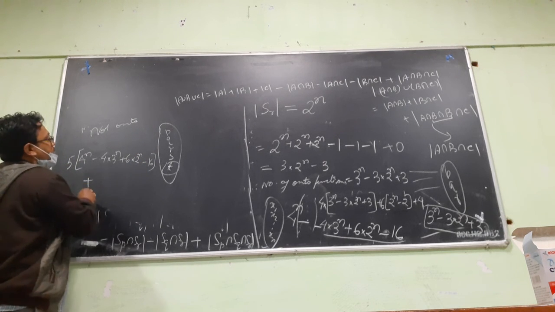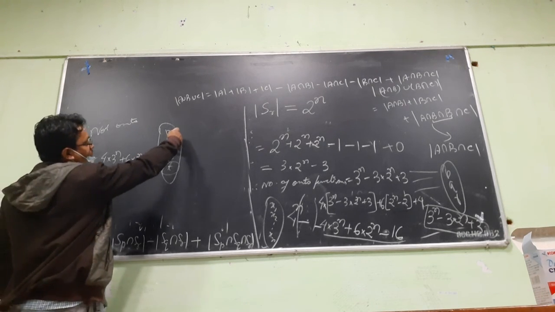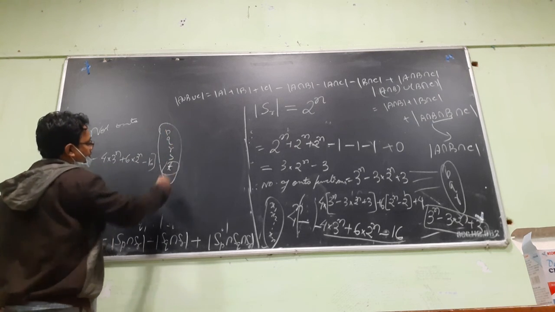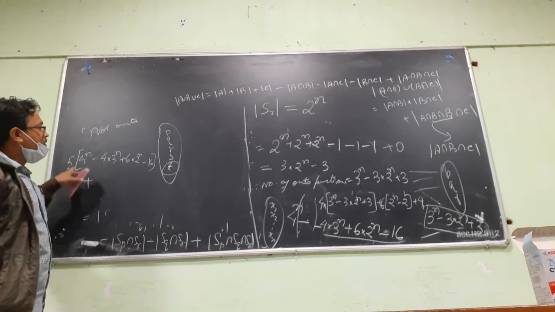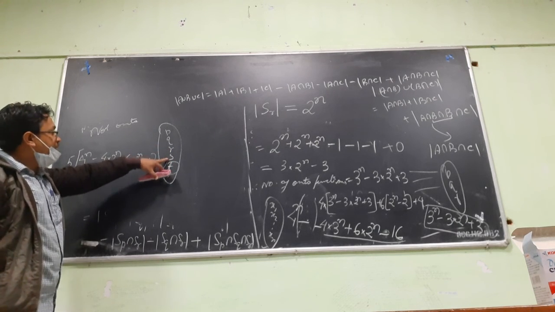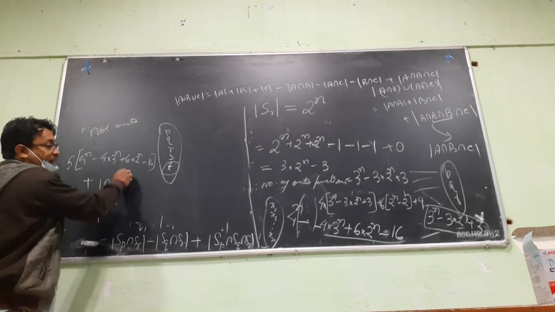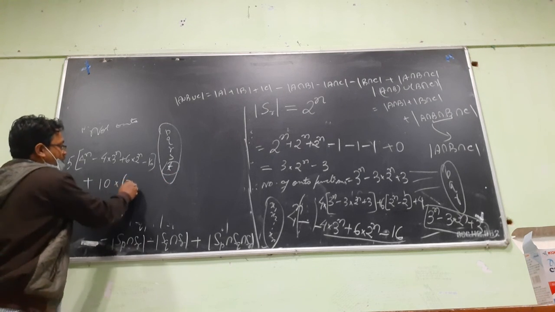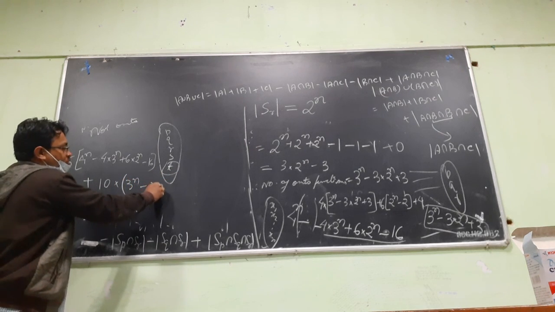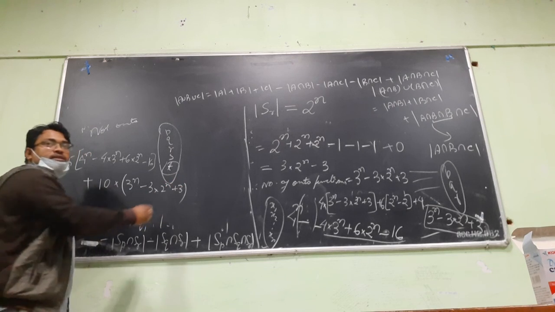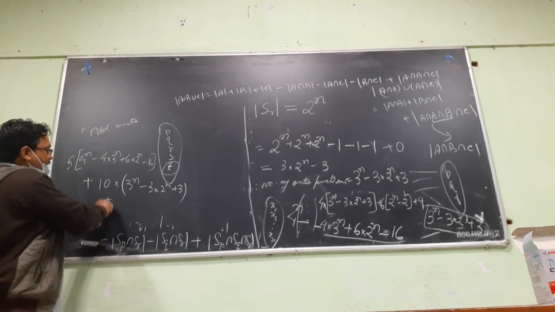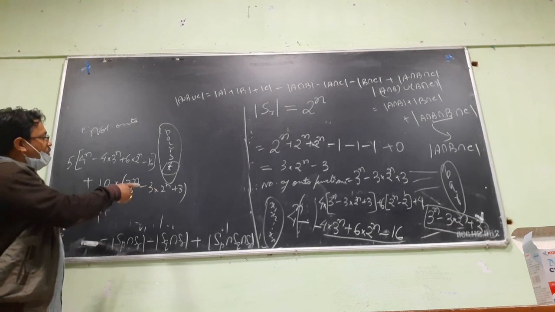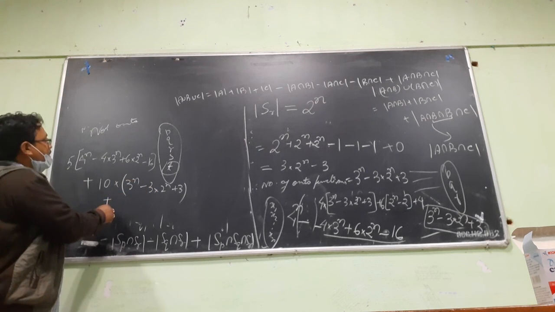And then plus you can select 2 in how many ways? Oh sorry, you can select 4 in 5C4 ways, 5. You can select 3 in 5C3, 10 ways. So 10 into that way. 10 into 3 to the power n minus 3 into 2 to the power n plus, what is it? 10 into this, right? Then plus next one will be with 2, 5C2.